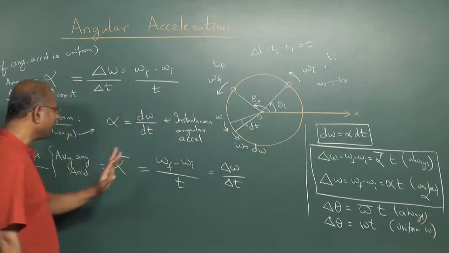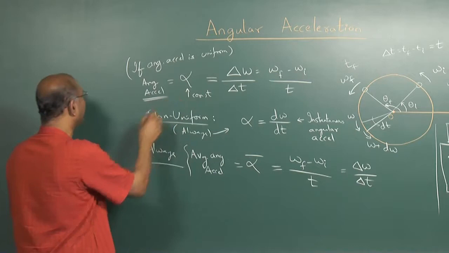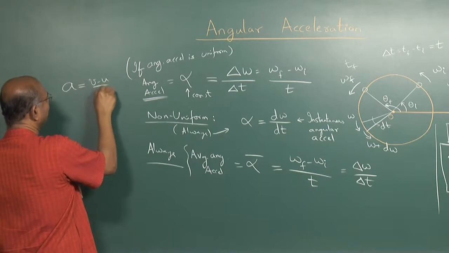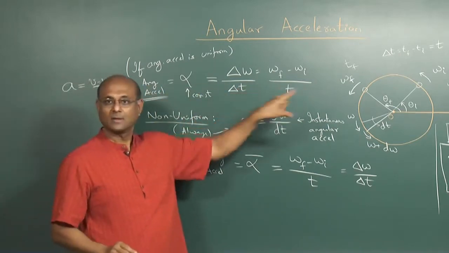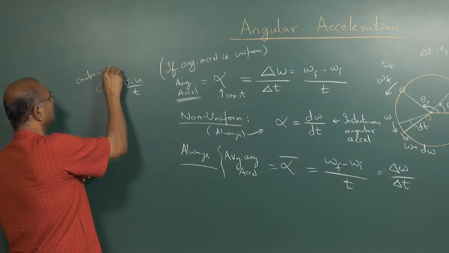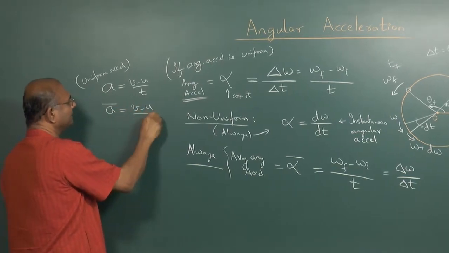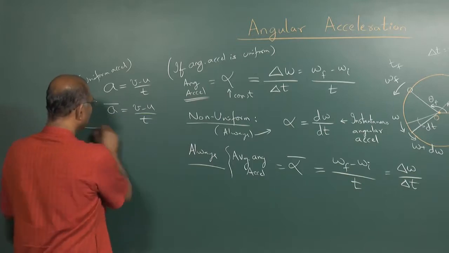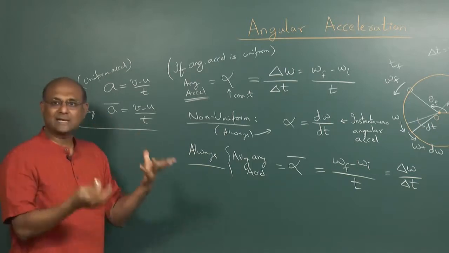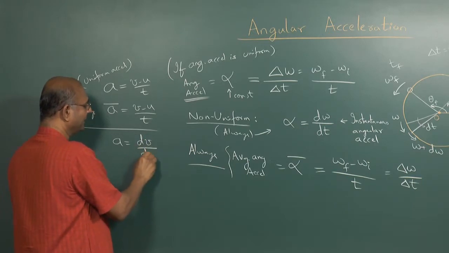If you notice, this is very much like our equations with straight line motion, or linear motion. For example, I would have defined a as v minus u by t. When would I have defined this? If it was uniform acceleration. Otherwise, a average will be v minus u by t. This is always. In which case, I've got only average acceleration. If I want instantaneous acceleration, then you will write a is dv by dt.